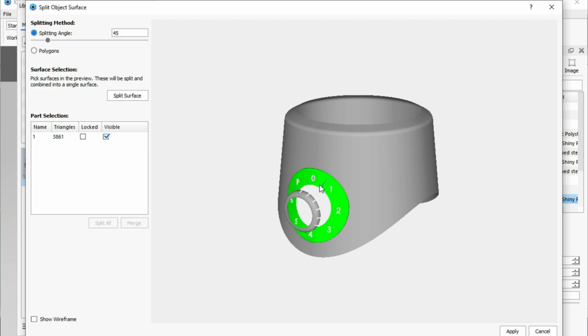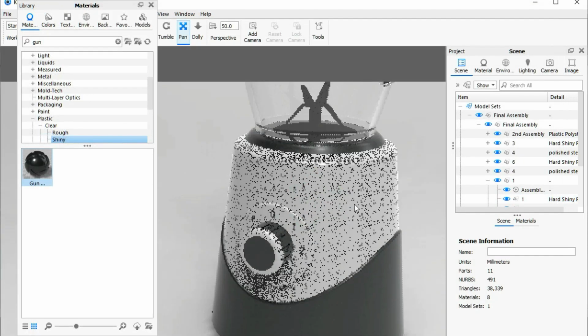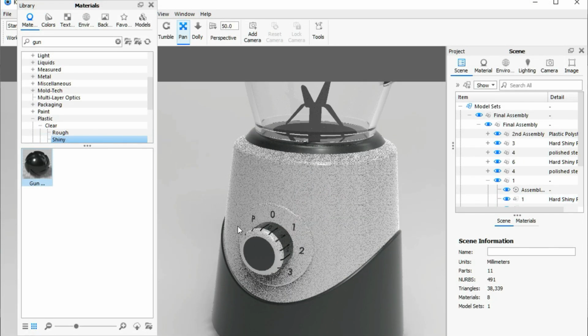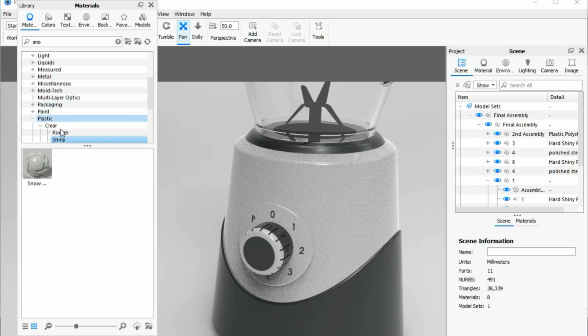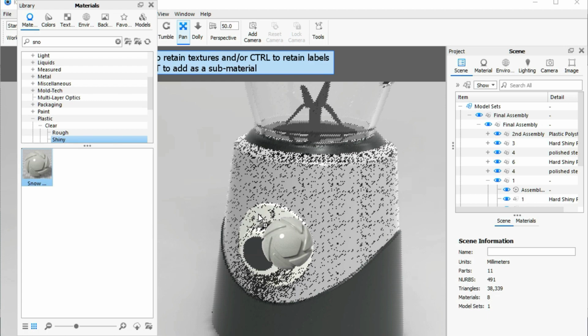So click here and hold control key and click here, split surface and apply. So we'll create different material on this side, and this material will be snowstone. So I'll search for that, snowstone, and on this.